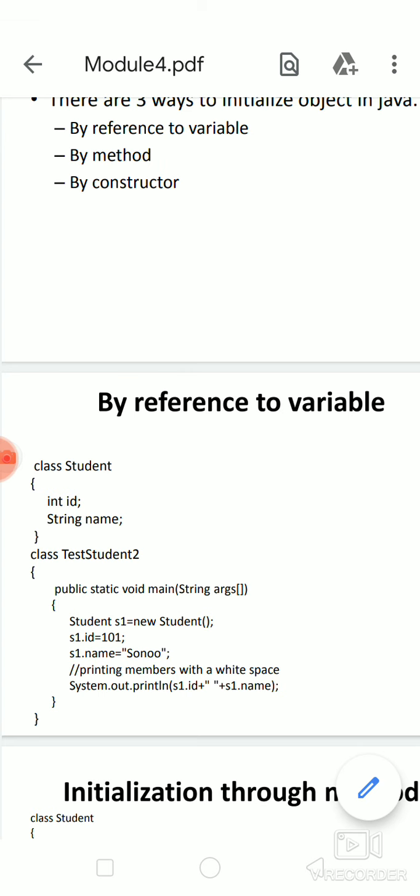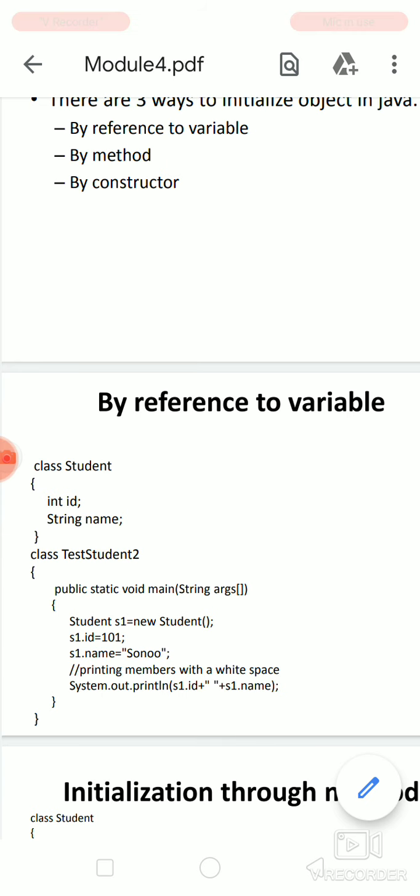Now if you want to assign a value to an object, in our class we have two parameters, that is int id and String name. If you want to assign a value to the id or a name, you can use a dot operator. So that is why, object name, that is s1.id is equal to 101, and s1.name is Sonu.